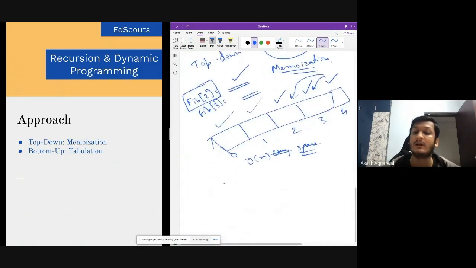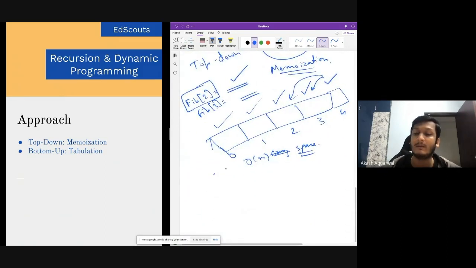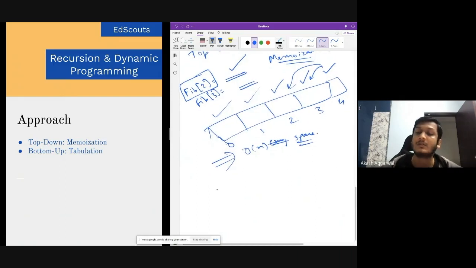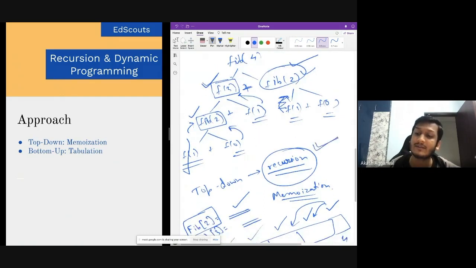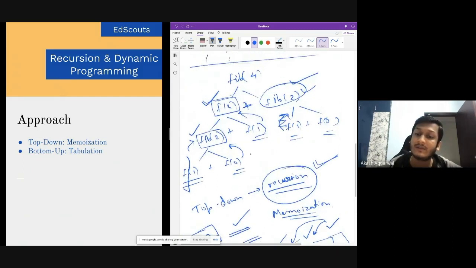We will optimize these things also. So let's first try to understand what is the difference between the top down approach and bottom up approach. This was the top down approach that we discussed with the recursion. We will just create a function here: Fibonacci of n is equal to Fibonacci of n minus 1 plus Fibonacci of n minus 2. We will code it also.